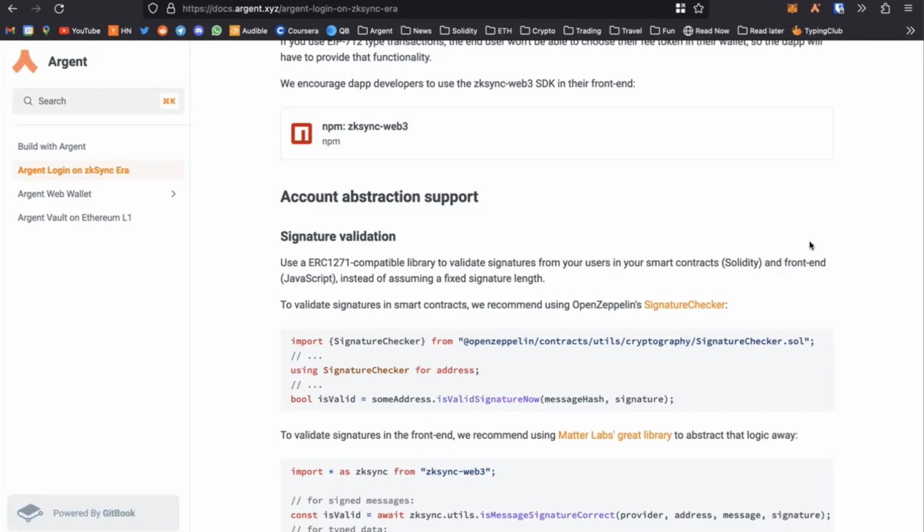On the question of docs, the current docs seem very geared towards developers. Do you have plans to have docs that are retail user facing? Yes, but it depends. What do you mean by retail? Like how to set up an account on Era and how it works, something along those lines.